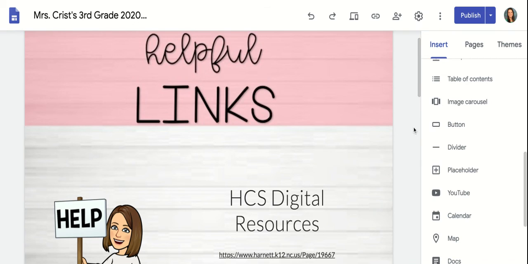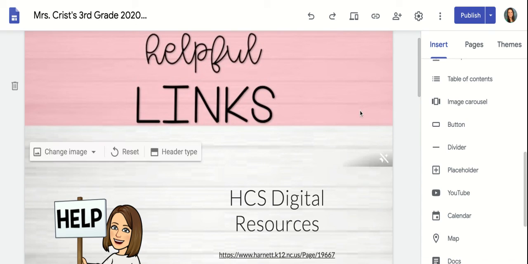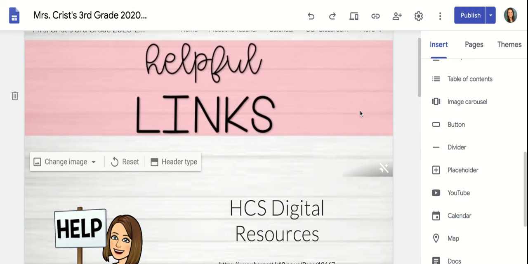So again, the same people pretty much are familiar with this. The 3rd grade team can always help. Miss McDonald can help. I know Miss Kuzma has made a site as well. Miss Johnson in 4th can help. Again, it's best to create those bones for everything, and then you can get